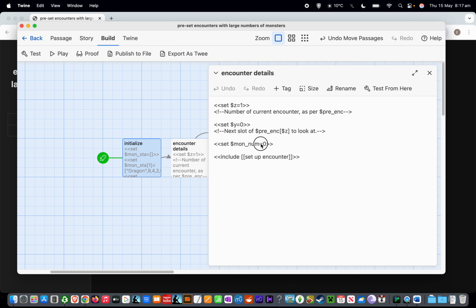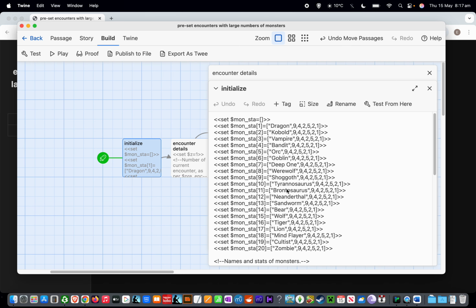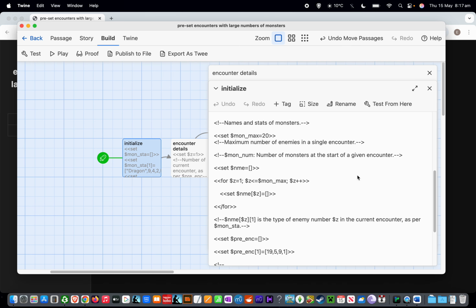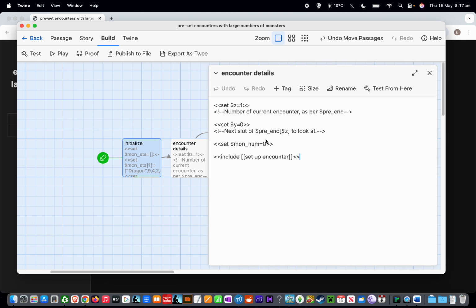And then we have $mon_num equal to 0, and we've already said what that means. That is the number of monsters in a given encounter, and that's going to increase. This number starts at 0 and it's going to increase as we go through the array